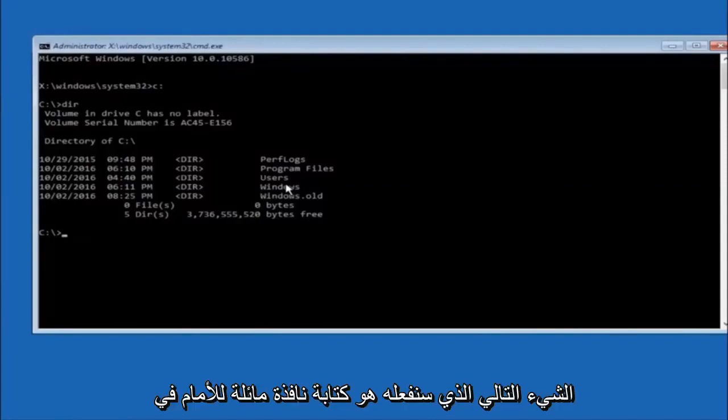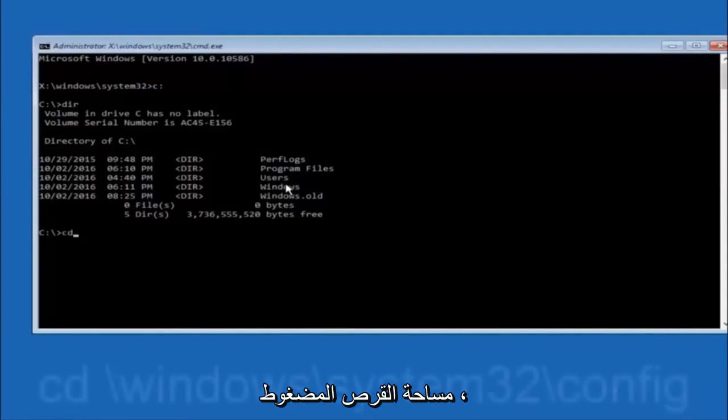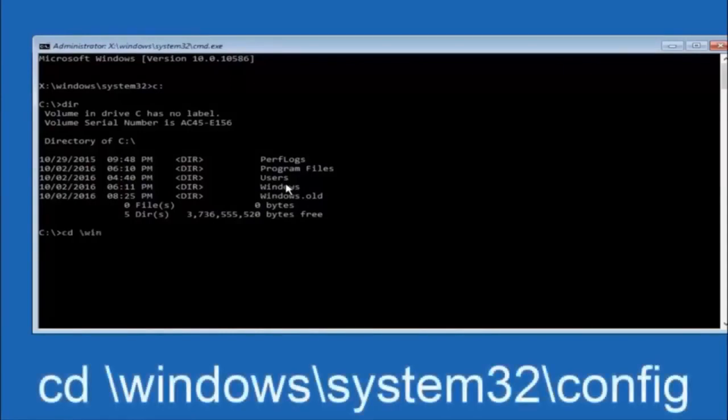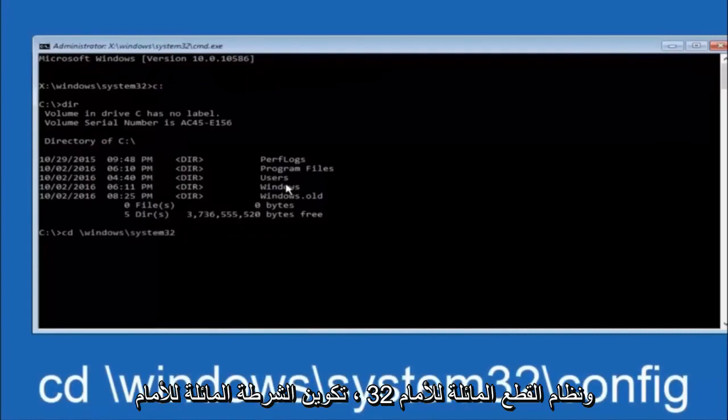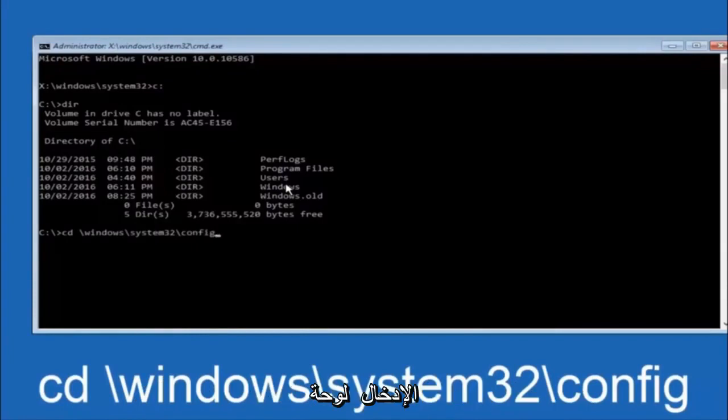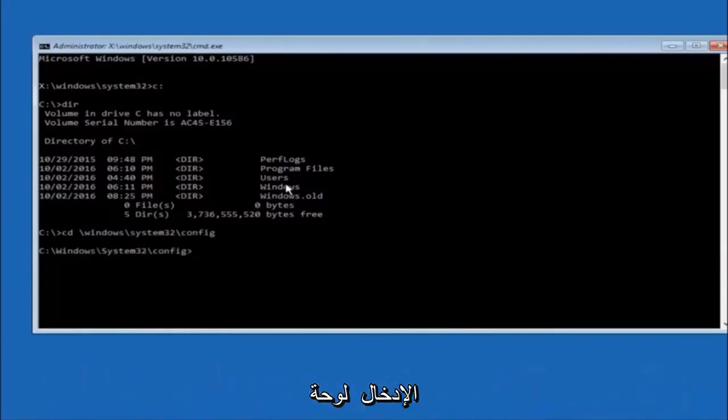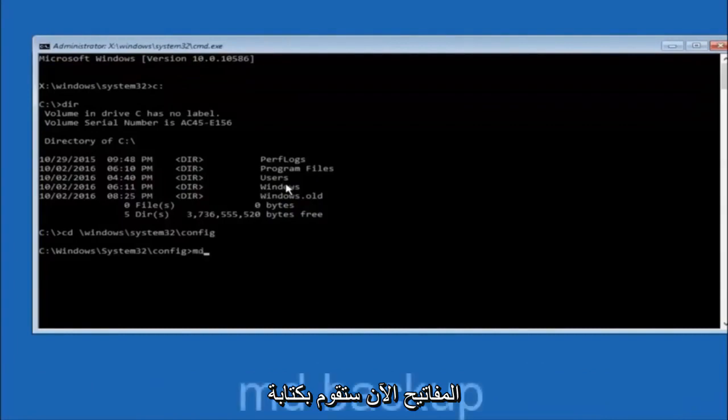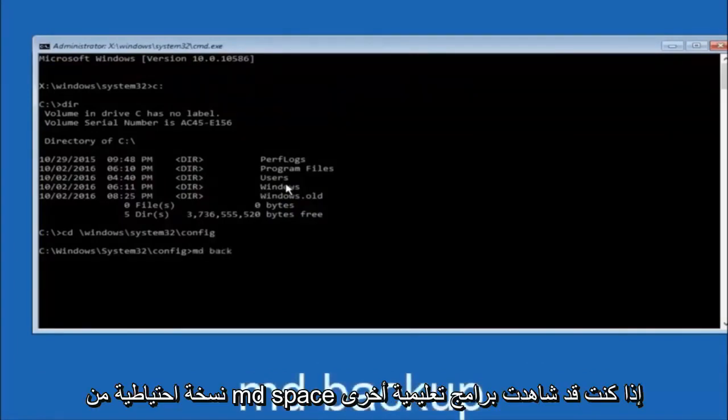Next thing we're going to do is type in cd space /Windows/System32/config, and then you're going to hit enter on your keyboard. So now you're going to type md space backup.